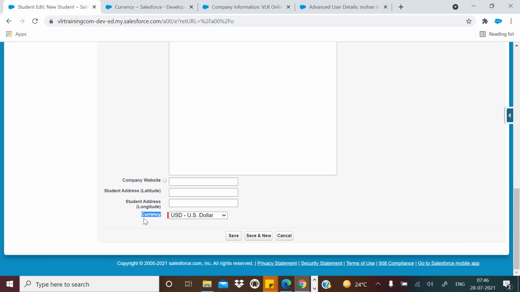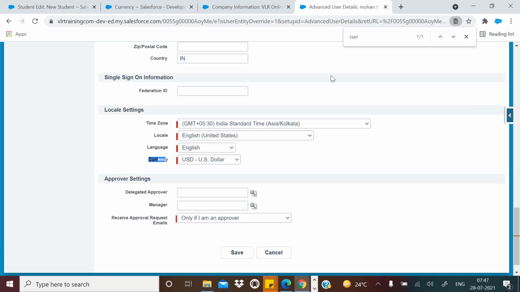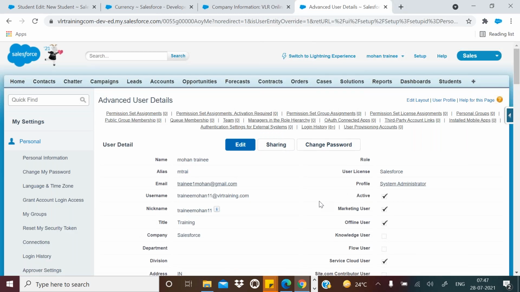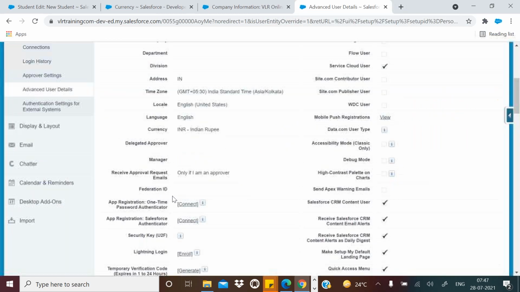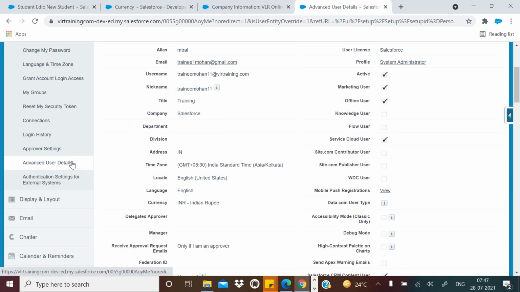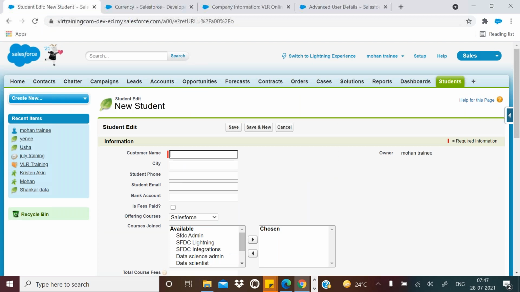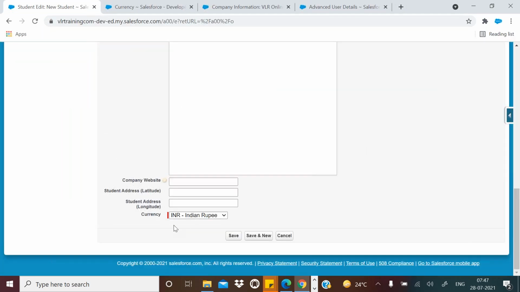Now what you need to do is go to that user, open the user detail records, and change from US dollars to Indian rupees, an override kind of thing. Okay, that's it. Go to my settings, advanced user details, change the currency, and now you can just refresh the page, and the default currency is Indian rupees, you can see.